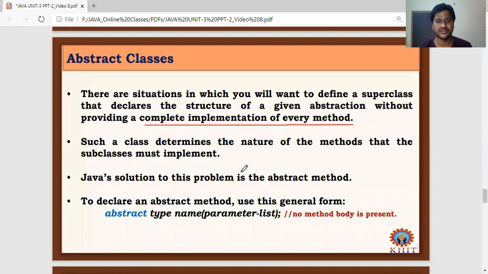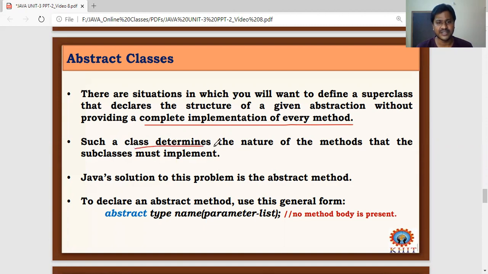But in some situations, the superclass wants to declare the structure of a method that must be overridden by the subclasses. Some important methods, not all, must and should be overridden by the subclasses. In those situations, the previous topic will not help us. That's why the abstract class concept was introduced.